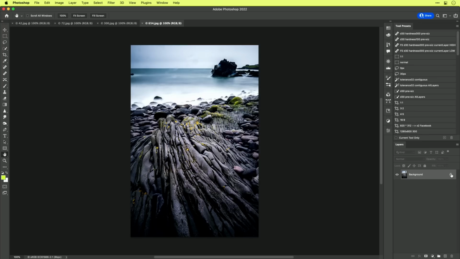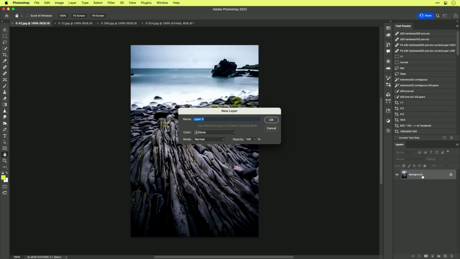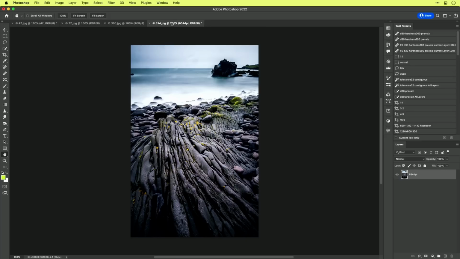So I have here the 654 DPI image. And here I have the smallest one, let's call it in this way, the 42 DPI image. And now I will take the big file with the move tool, throw it on the small file if you want to. And here I have these 2 files.